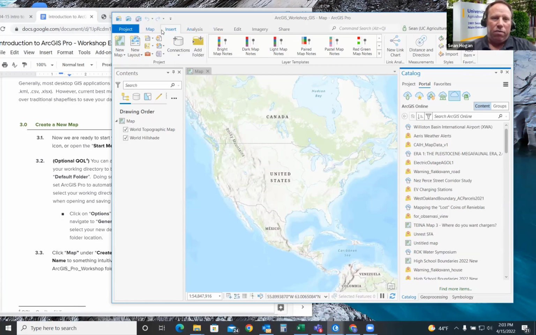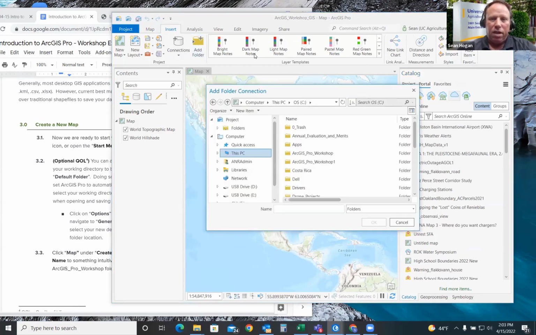So again, go to the very top tabs, click on Insert, Add Folder. Because this is the last place I was working from, it automatically goes to my C drive, but you might have to click on your computer, this PC, and then go to your C drive, and then click on the ArcGIS Pro Workshop folder that we created there.